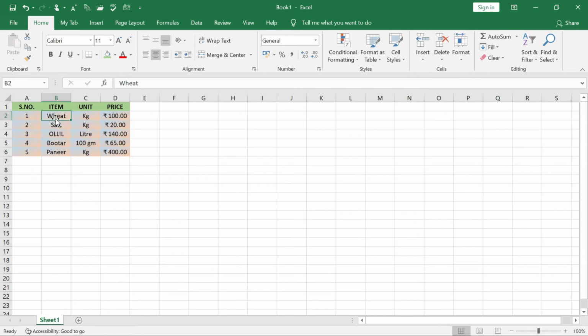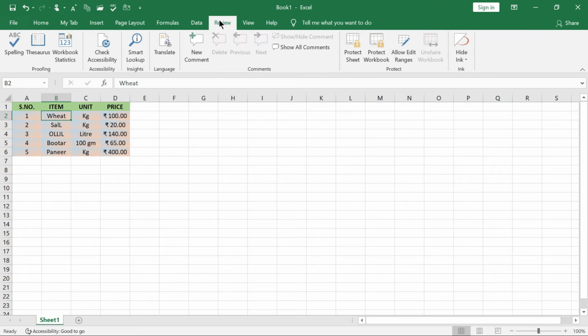Okay, so like Microsoft Word, here also F7 is the keyboard shortcut. So what you have to do for the spell checking, a very short step. Click on the Review tab, select the Spelling button in the Proofing group. Okay, go to the Review tab, and then go to the Proofing group and go to the Spelling button. This is the Spelling button. Clear?